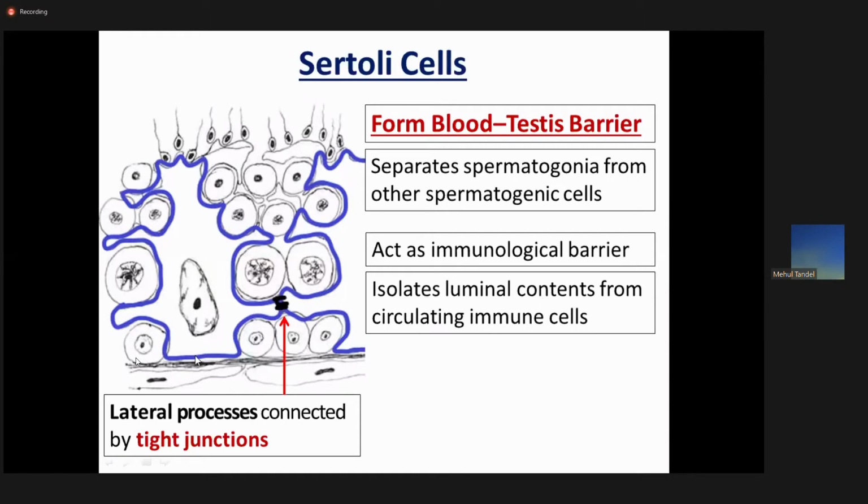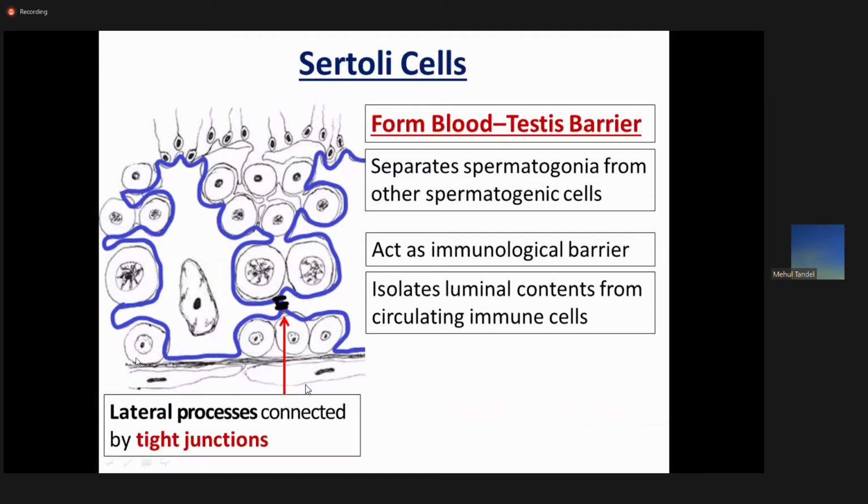Remember, this is the basal lamina. Okay, what is here at the basal lamina? Outside, there will be blood vessels in the interstitial connective tissue. These blood vessels provide blood to the Sertoli cell, and through the Sertoli cell, the nutrients reach these spermatogenic cells. Now this blood testis barrier mainly isolates the spermatocytes, spermatids and spermatozoa from the circulating immune cells present in blood,